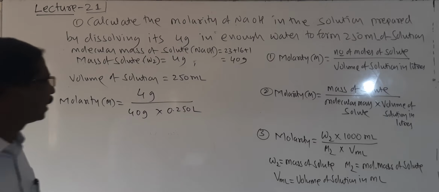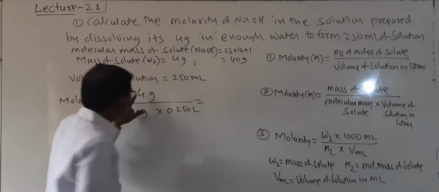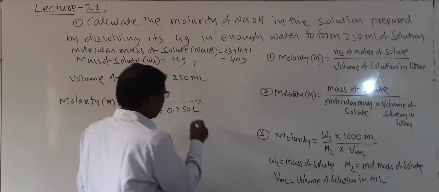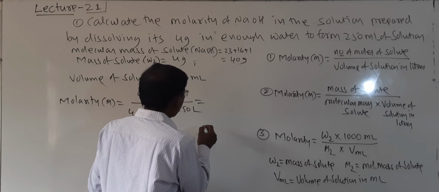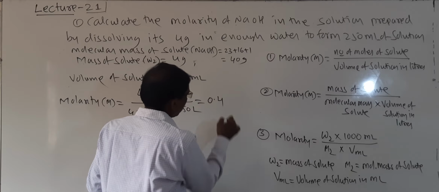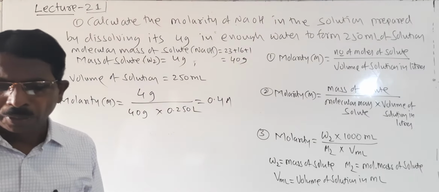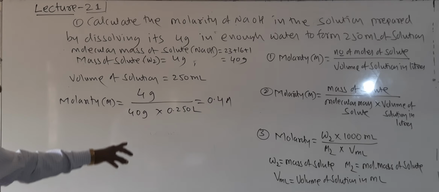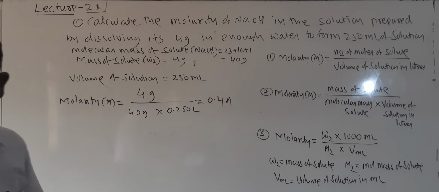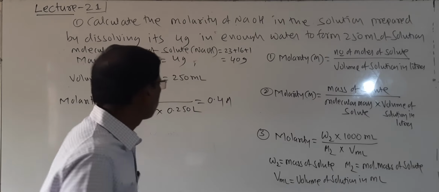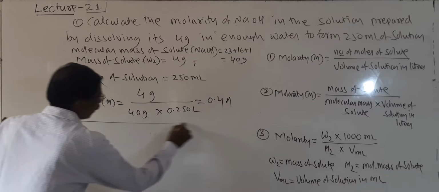Then your answer is 4 ones are 4, 4 tens are, and so what is its value? It is 0.4 M. It is indicated by M. So here the answer is 40 grams, and 0.4 is the molarity. And you may also do this problem with the third formula, this one,